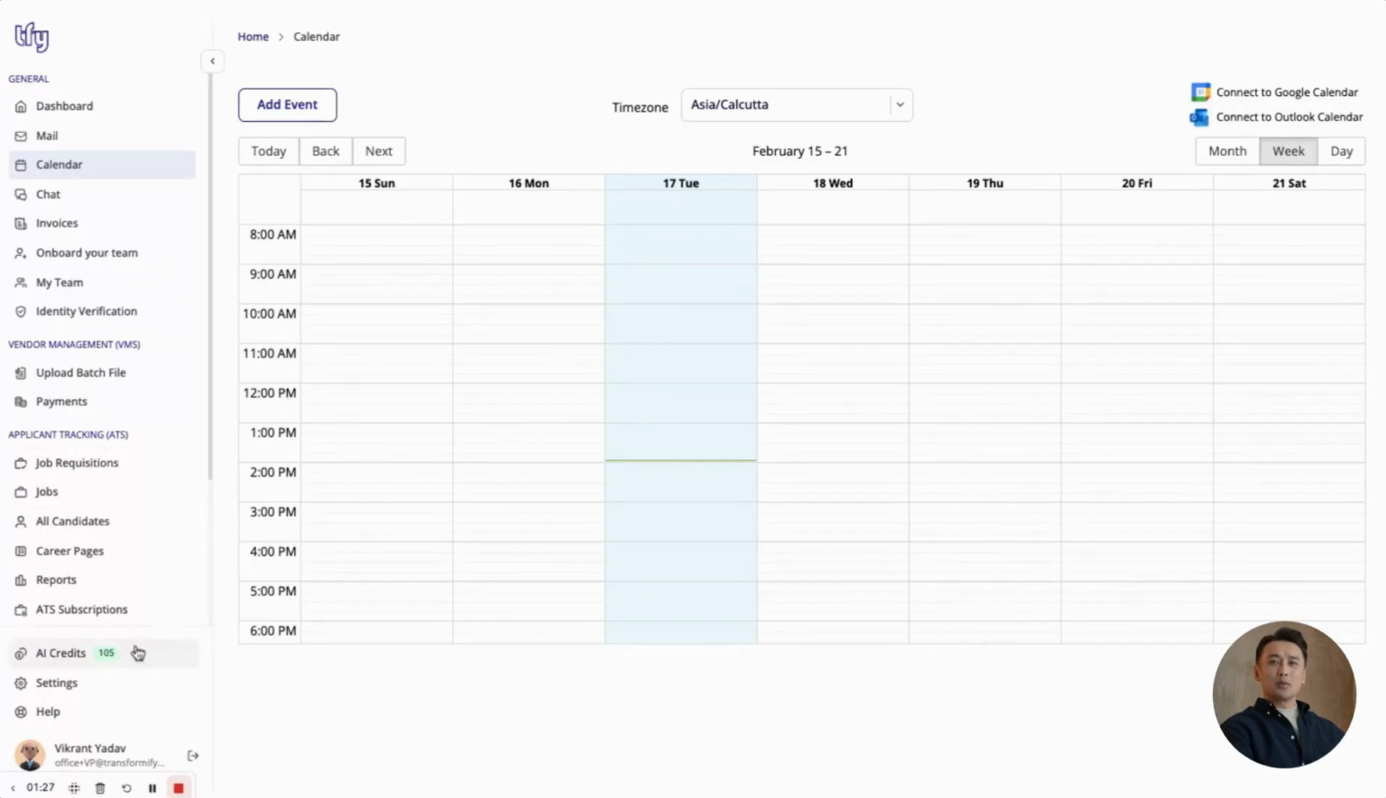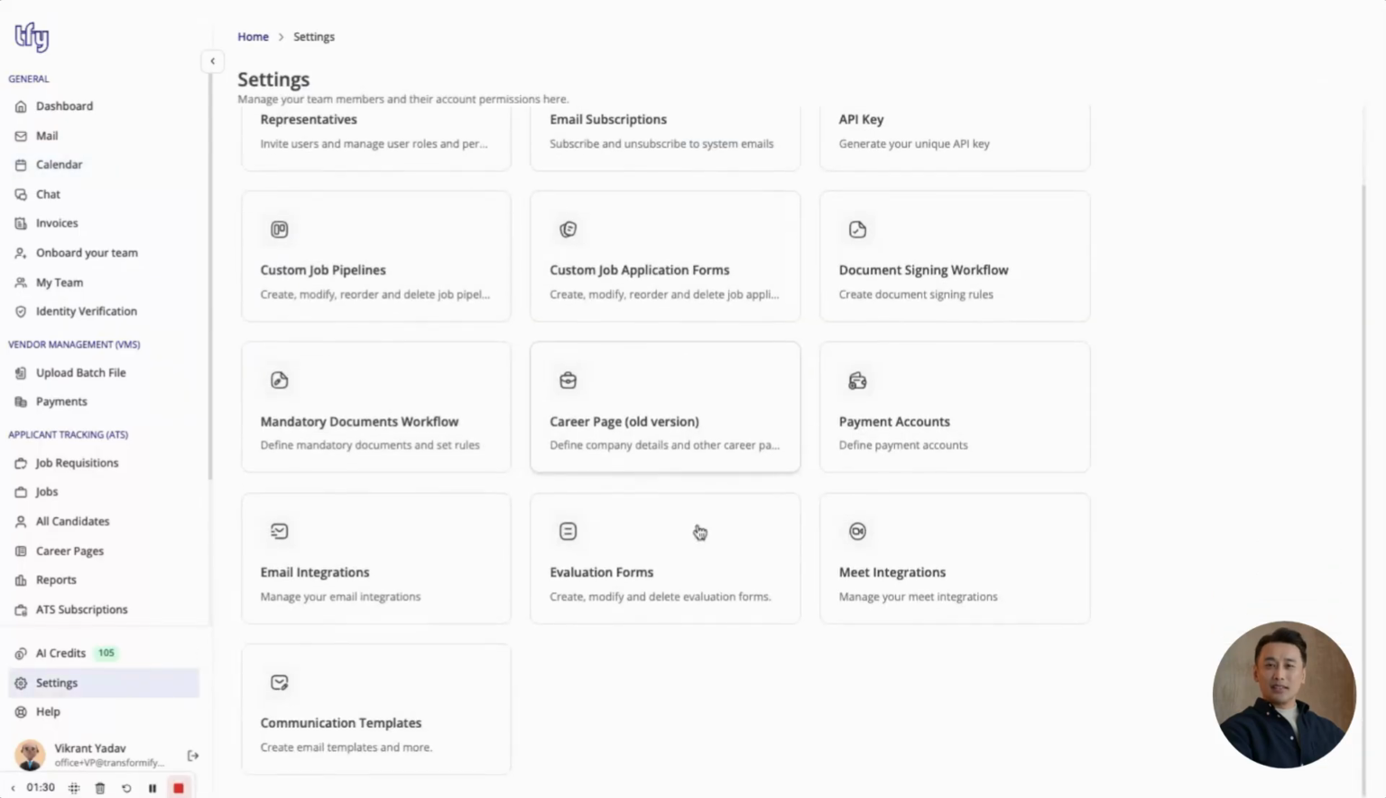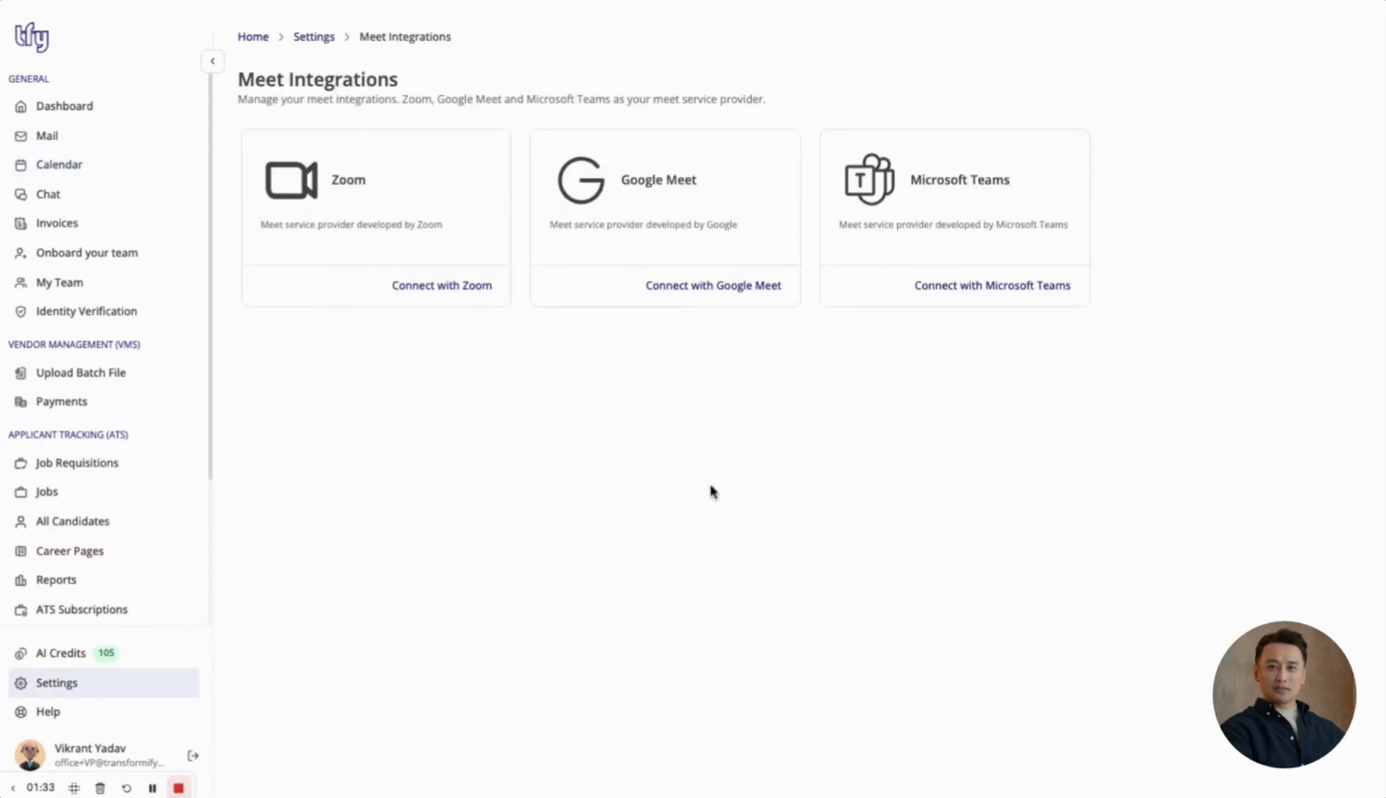To integrate video calling applications, navigate to the settings and select Meet Integrations. We provide smooth integration with 3 platforms: Zoom, Google Meet, and Microsoft Teams. Simply select your preferred service, input your credentials, authorize the necessary permissions, and it will be available for use on